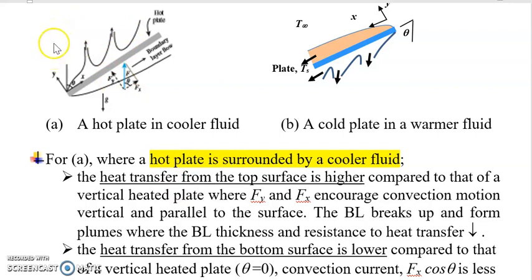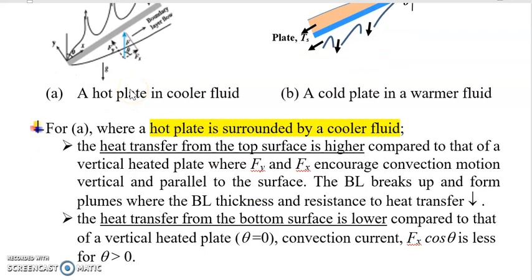Because the resolved forces parallel to the plate and vertical to the plate encourage convection motion, this breaks up the boundary layer, causing plumes to be generated, mixing, so there is less resistance to heat transfer. So for this top plate, the top part of a heated plate, heat transfer is much better than that of a vertical flat plate. Whereas the bottom of the heated flat plate, it is lower compared to the vertical heated